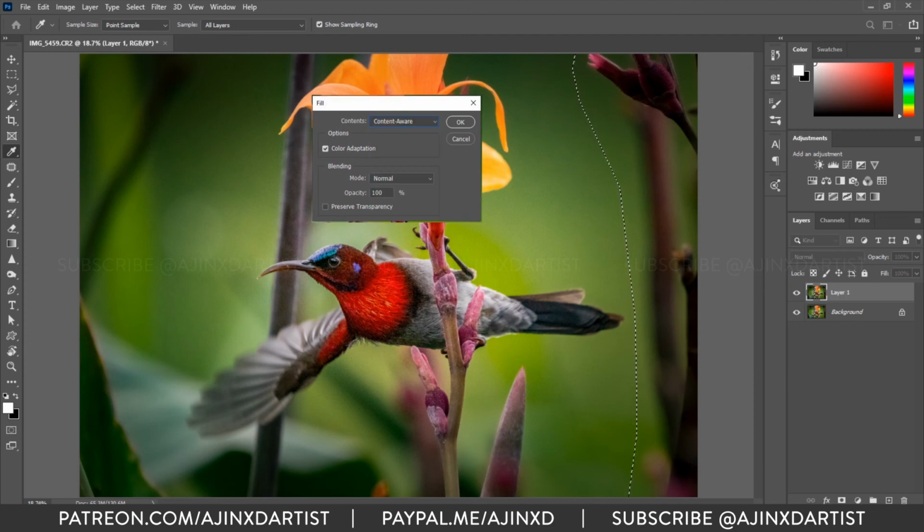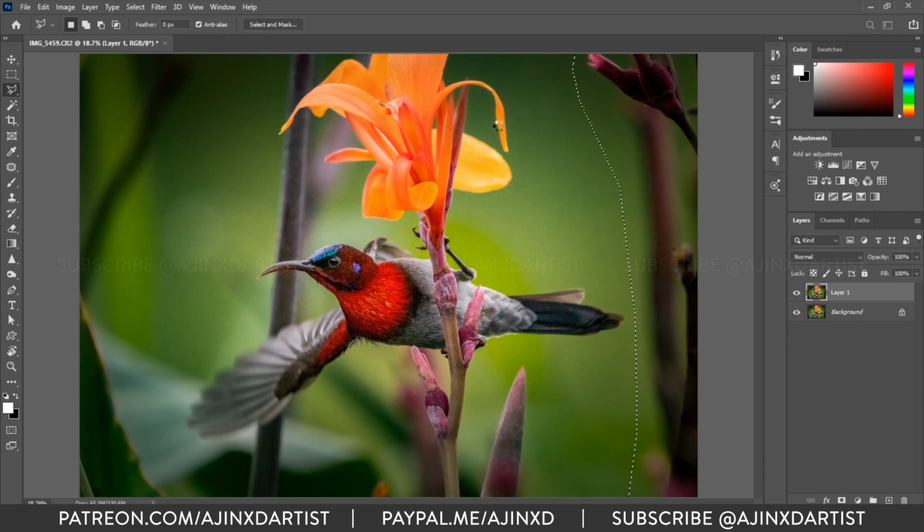Color adaptation is checked, so the colors will also match. The blending mode is normal and the opacity is 100%. We don't need any transparency, so I'll press OK and Photoshop will do its magic.